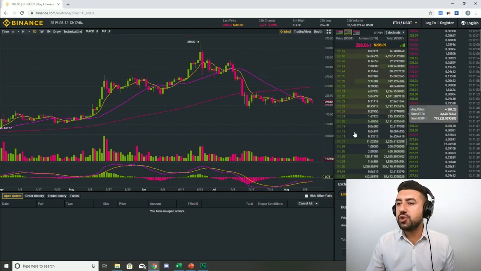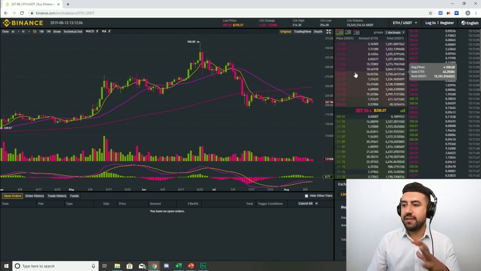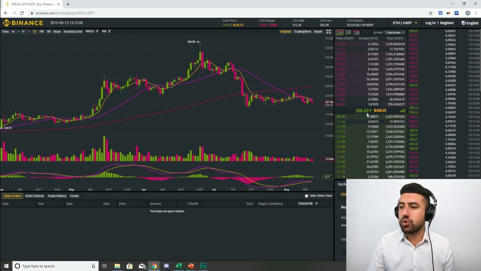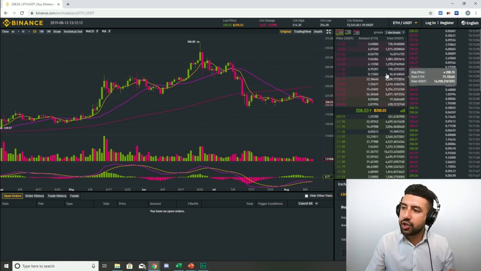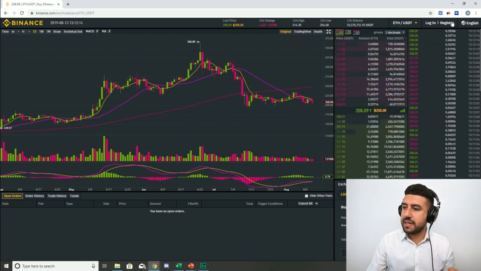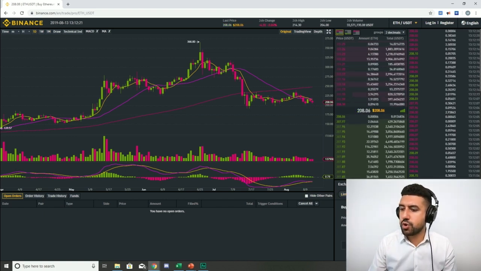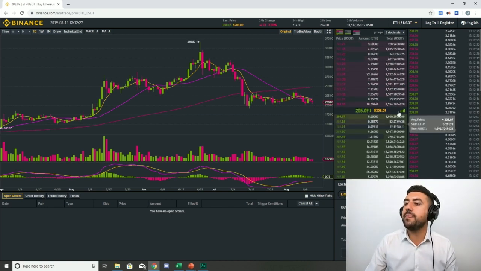So you have all these orders by buyers and sellers at different locations. Every time 2 orders match, either limit orders, or because a market order is coming in, the transaction occurs and pops up here on the time of sales. And here's where you're sending your orders. You can fill it up from here. You can say market order and just put the amount, or you can go limit order and put the amount and the price.